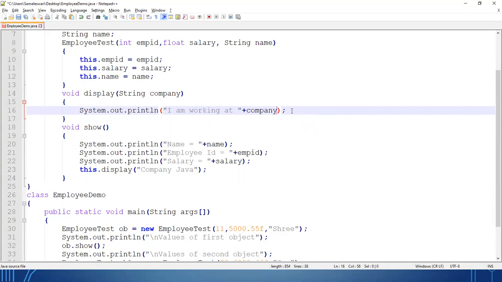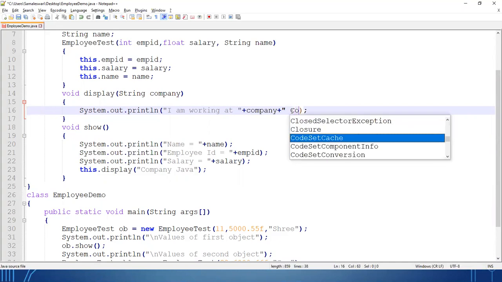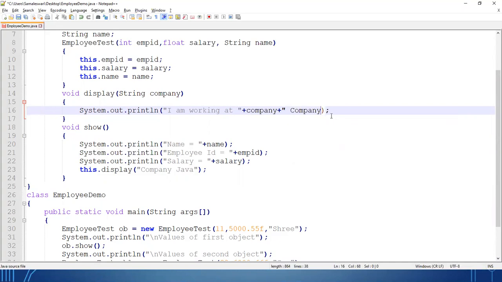I am working at this company, just to put the message. So let's check whether it is acceptable or not.